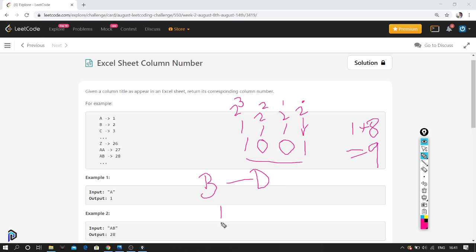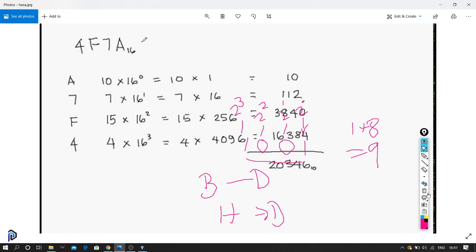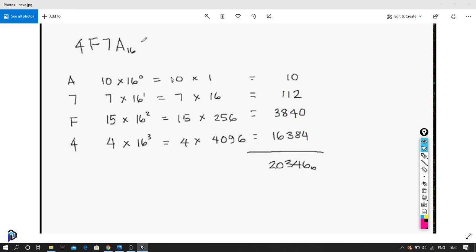Similarly, we can also do hexadecimal to decimal conversion. I'll show you an example. This is a hexadecimal number. Hexadecimal digits range over 16 values, from 0 to 15. We start from this index and go in similar order.